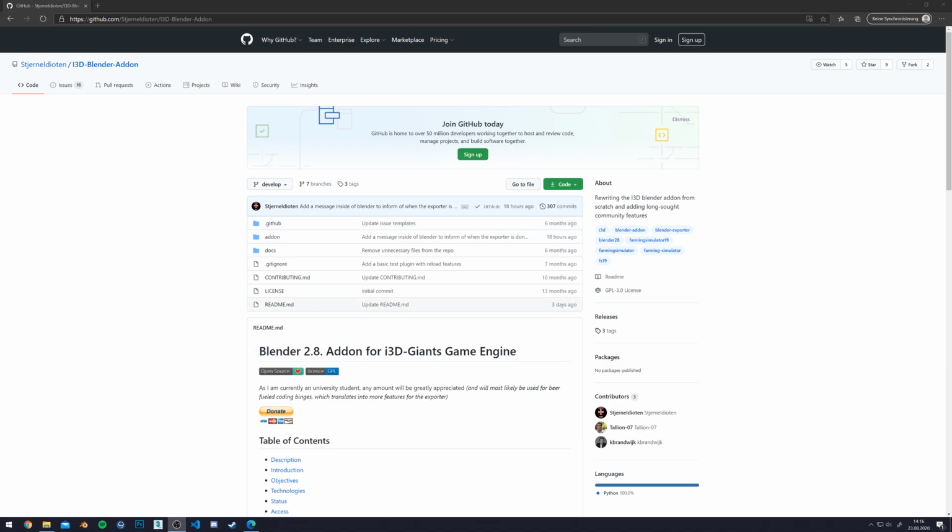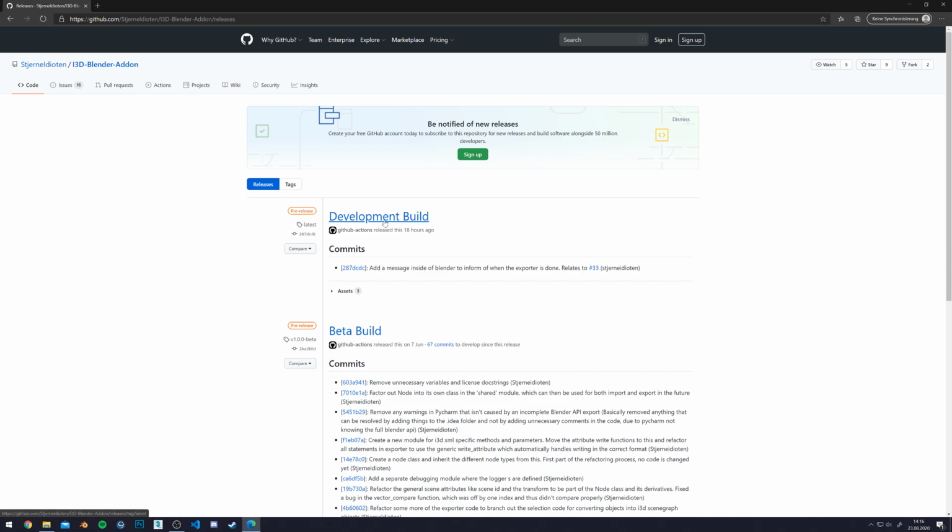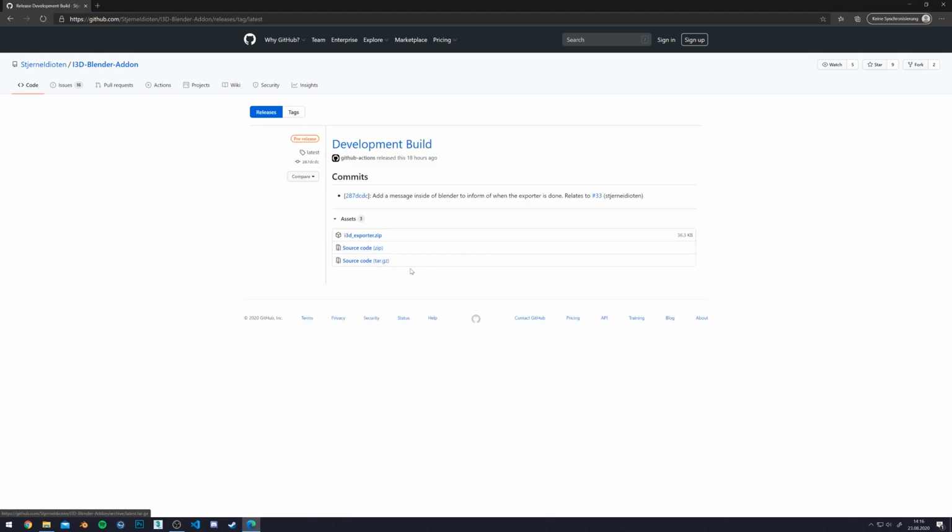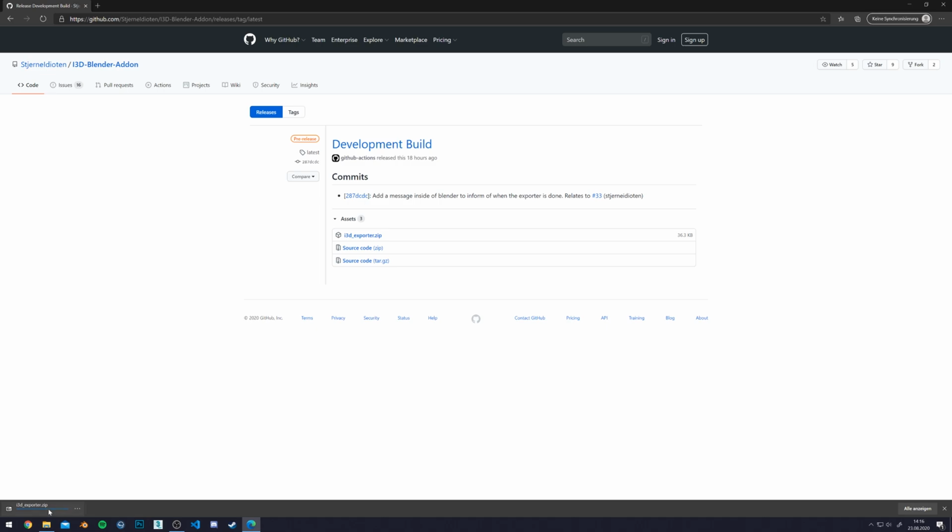First, you have to go to the i3D Blender add-on GitHub page from Stjernes, and then basically where you can get it. You have the releases here, and then you can either get the pre-release builds that are always unstable, or this is later going to be the stable build, so use whichever you want. So we can just download the exporter zip here. It's going to save it